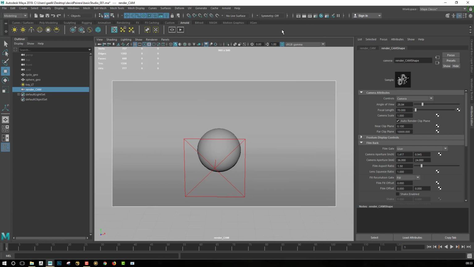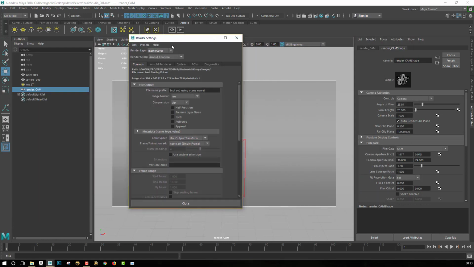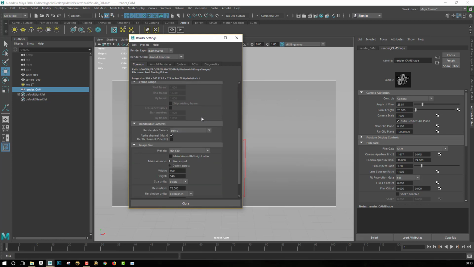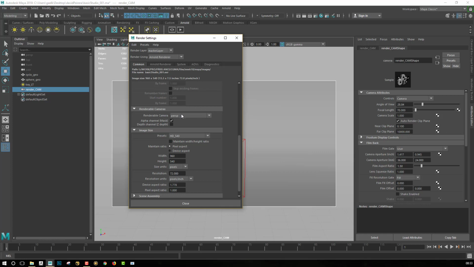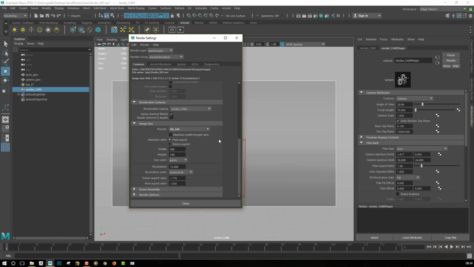It really depends on the parameters that you place into the render settings. If I click on this button to show the render settings of my scene, I can go into the common tab of my Arnold render engine and select the renderable camera. For this, I will select my render cam. I can also play with the presets or with the image size.